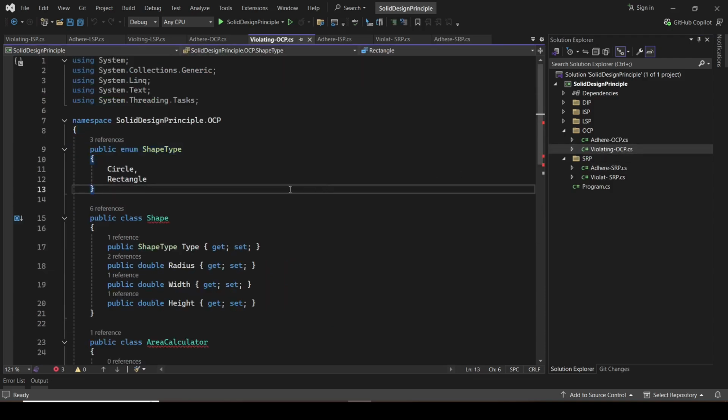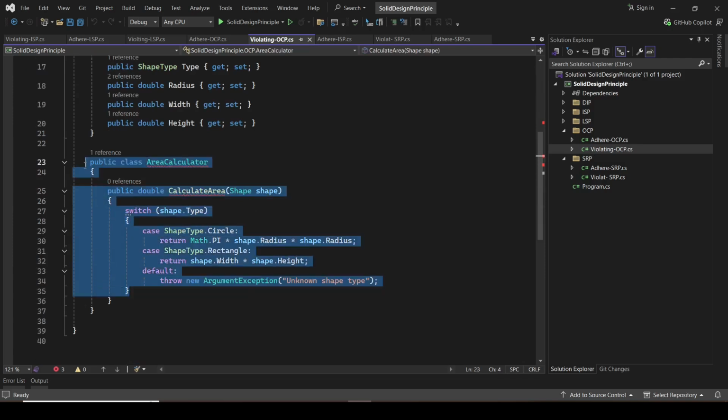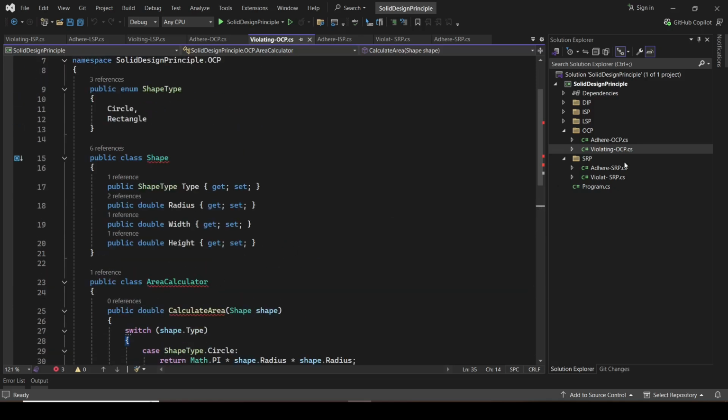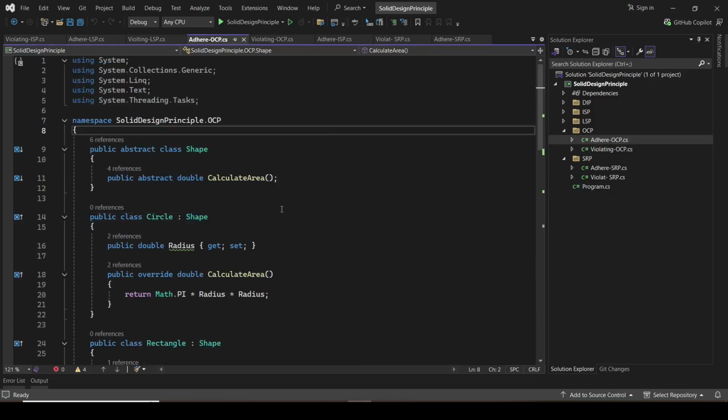In this example, the area calculator class violates the open-closed principle because if we need to add a new shape such as a triangle, we would have to modify the calculate area method, which requires changing the existing code. To follow the open-closed principle, we can use polymorphism. So instead of having a single class